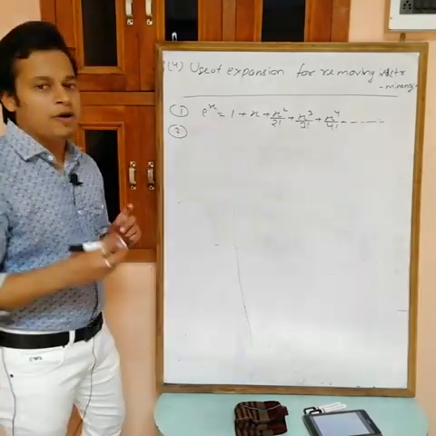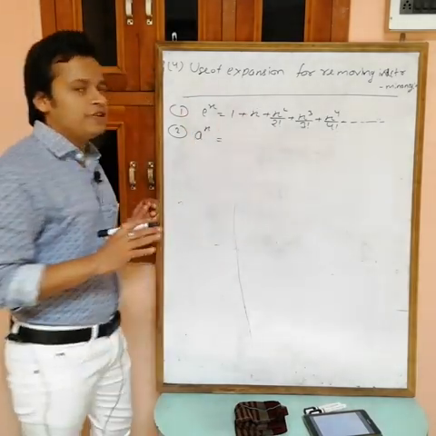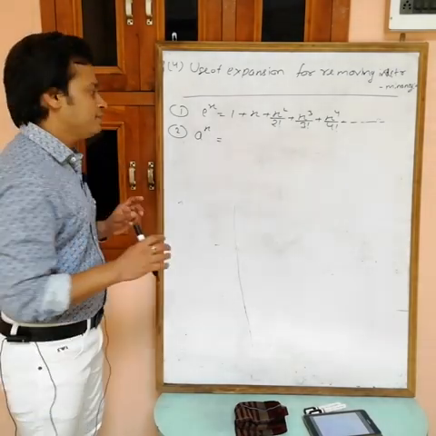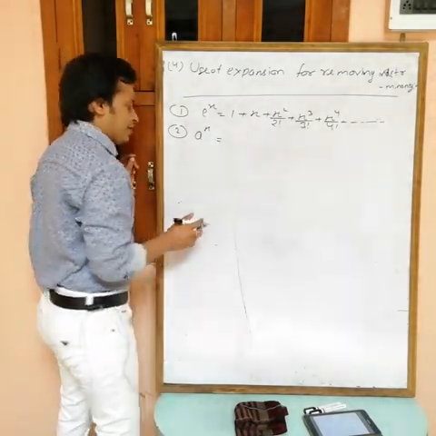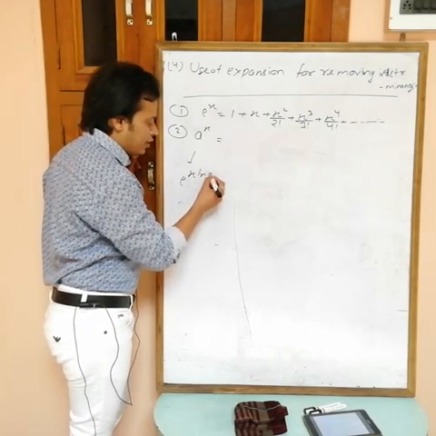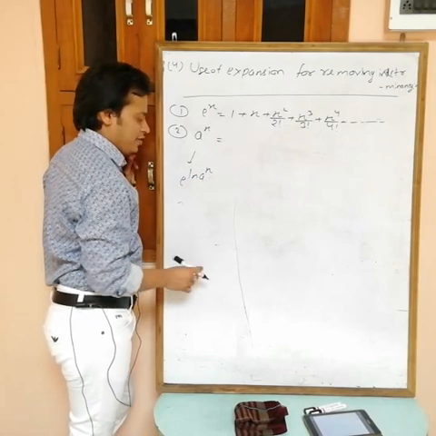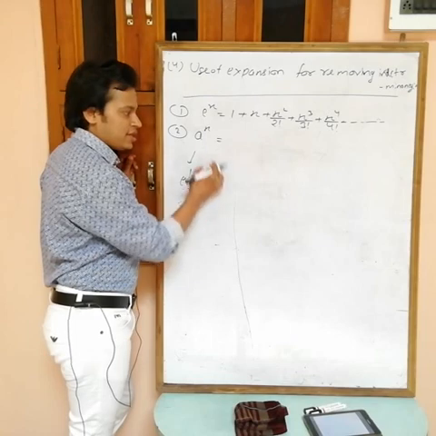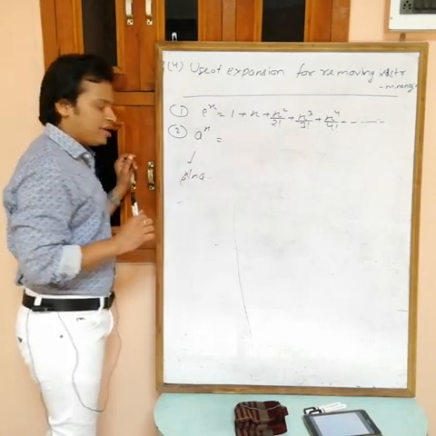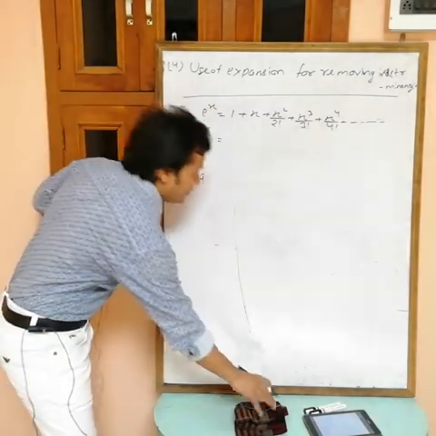Second, in the place of e power x, if there is a power x, then it is the same type of sequence, but replace x with x ln a. Why? Because you can write this as e power x ln a. See, e power ln a, the value of e is the same, and the value of this is a power x, so you can write this now, and x is the power, so x ln a. So now, in the place of x, we have x ln a.